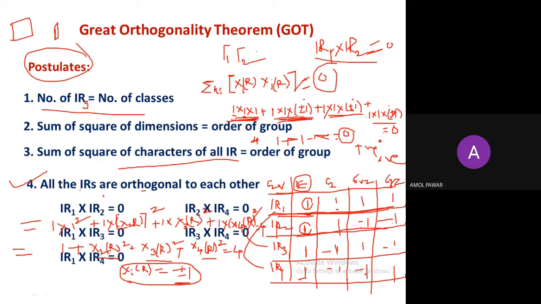multi-dimensional irreducible representations can have 0 in their set of characters. Multi means if I write here 2 instead of 1, then multi-dimensional irreducible representations can have 0 in their set of characters. So instead of this -1 or 1, there can be 0. But one-dimensional representations cannot have 0 in their set of characters. Okay. So I hope you understood how to construct.